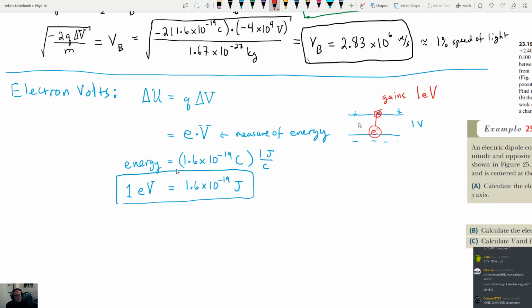It gains that much energy, which is a tiny amount of energy, right? But for an electron, it's not a tiny amount of energy. For an electron, that amount of energy could actually give it quite a bit of speed. And so, yeah, that's what we use. It's a really handy measure of energy that we can use for small particles. And in addition to that,